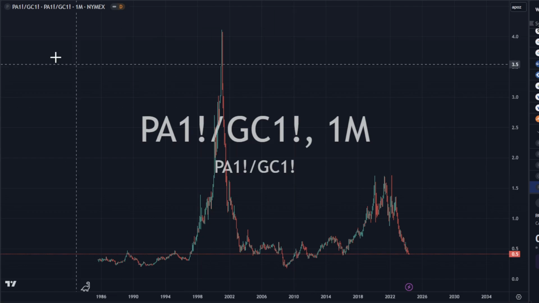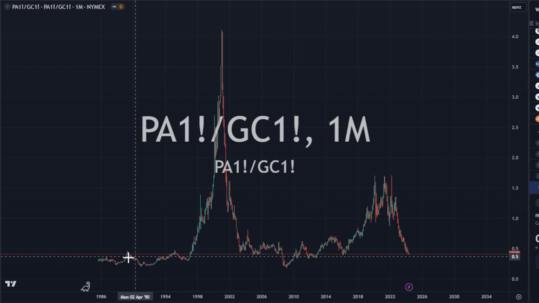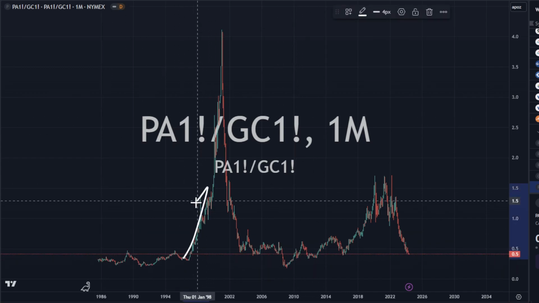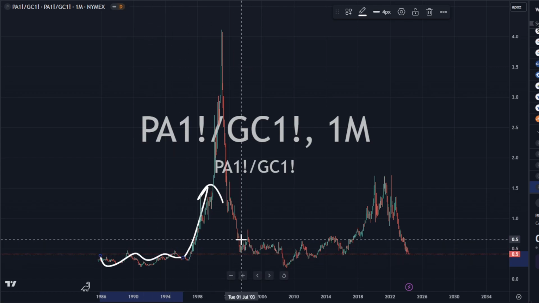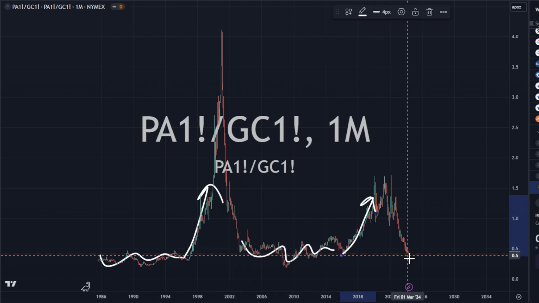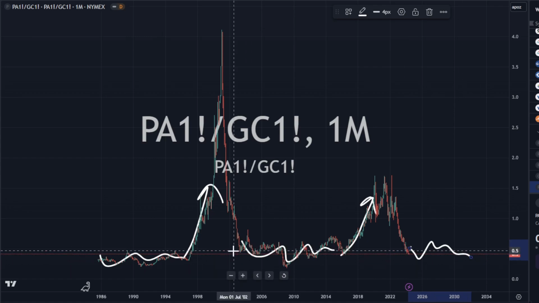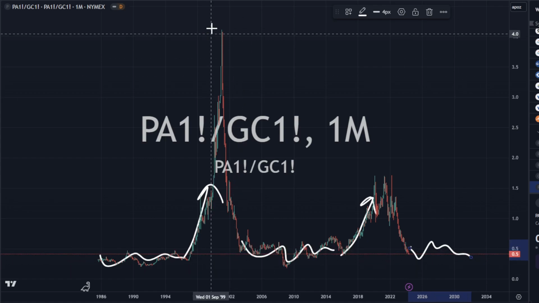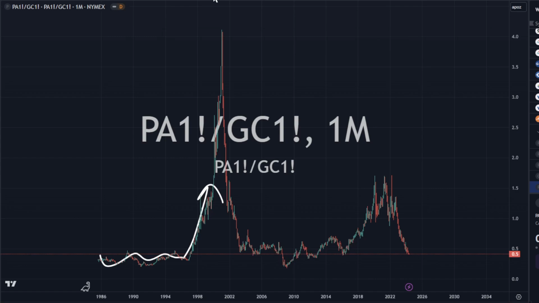And then we can look at palladium versus gold. And again, this does not look bullish to me yet, and we're going to have to base out. So before each of these big moves up, you get these bases. This is another base before a big move up, and then we're going to create a base here, in my opinion. So I think palladium is still in a pullback against other assets,